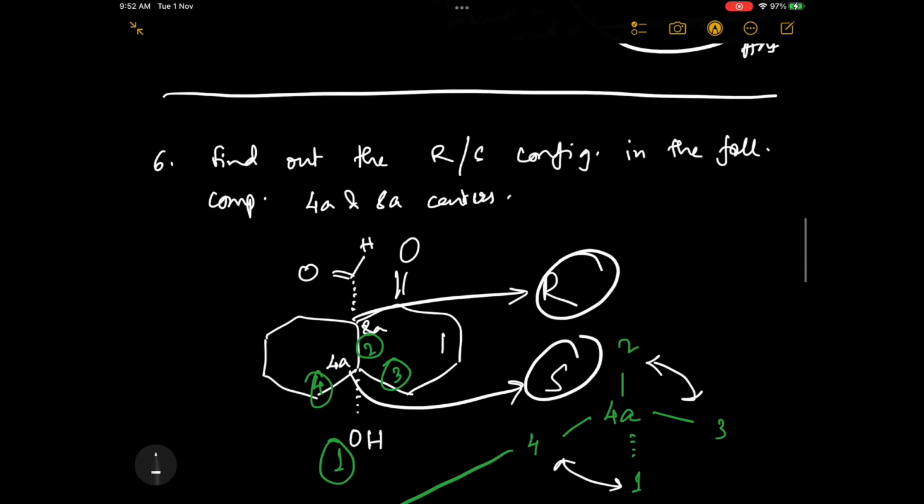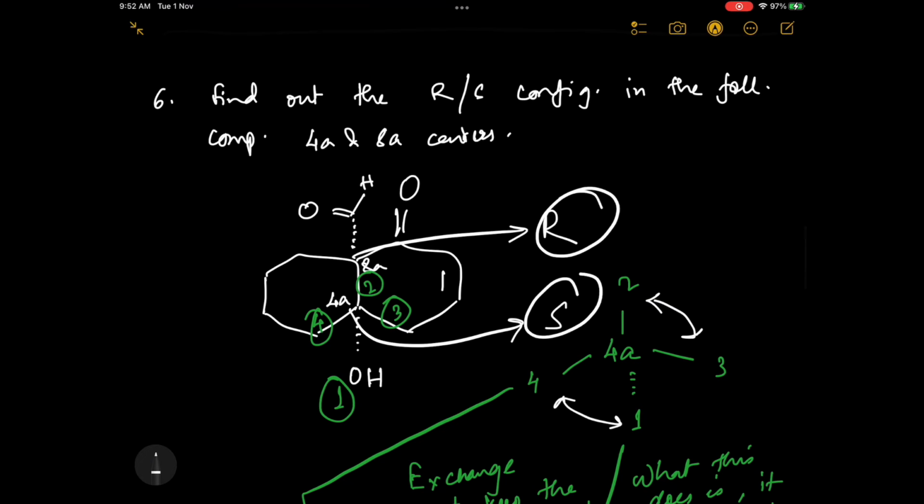So yeah, thank you. And in the next question, I have already solved this question. So this is actually the 4A and 8A centers. RS configuration we have to say. So as you can see that 8A is R and 4A is S. So let us get into the detailed mechanism, the detailed procedure, how to find out this R and S configuration